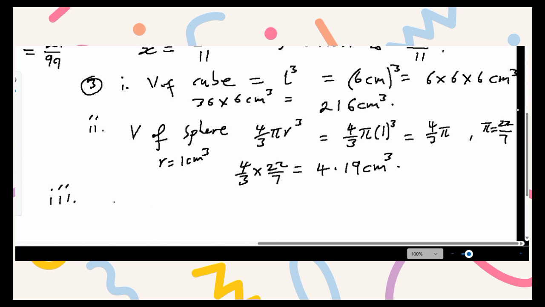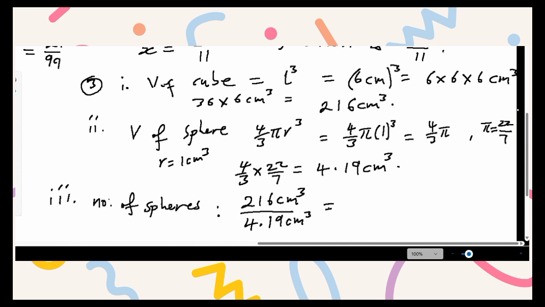So in finding the number of spheres, we're going to have 216 centimeters cubed all divided by 4.19 centimeters cubed,